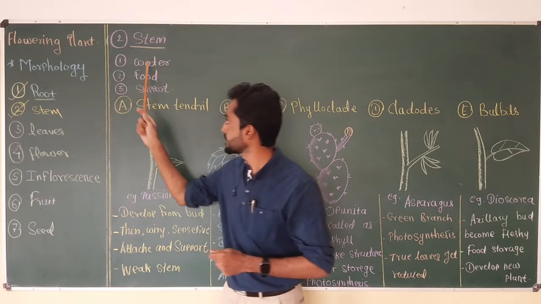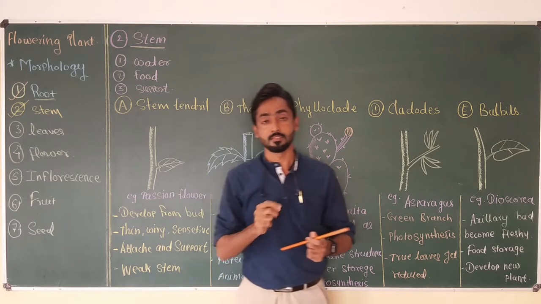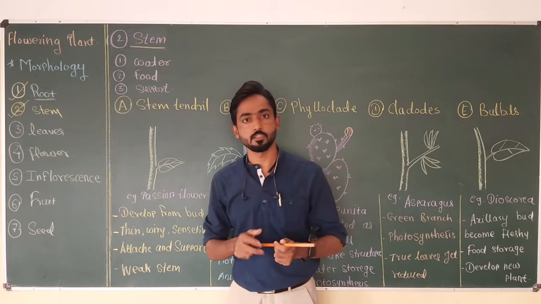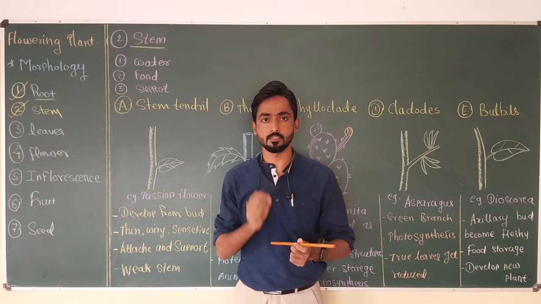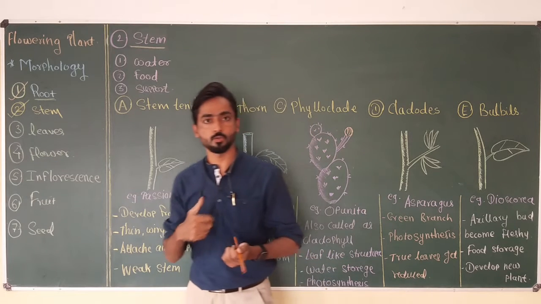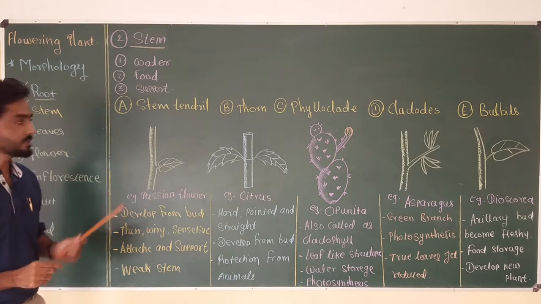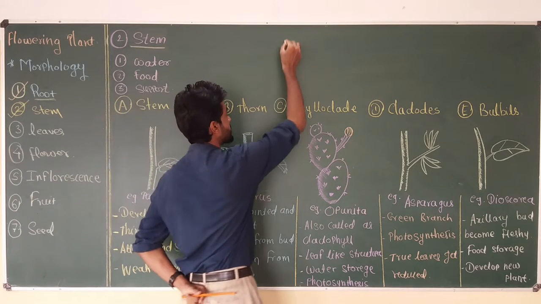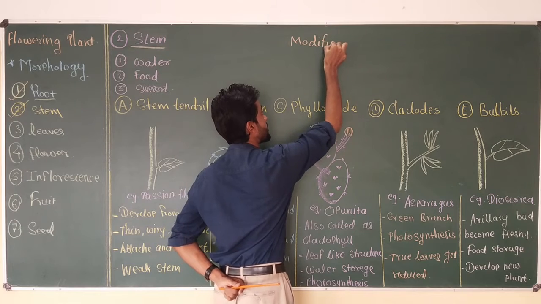Okay, so these three are the basic and important functions of the stem, but sometimes the stem gets changed in structure to perform functions other than these three. Okay, and such structural changes that occur in the stem are called modification. And from this video we are going to talk about the different types of modifications that occur in the stem of angiospermic plants. So the point of discussion in this lecture is modification of the stem.